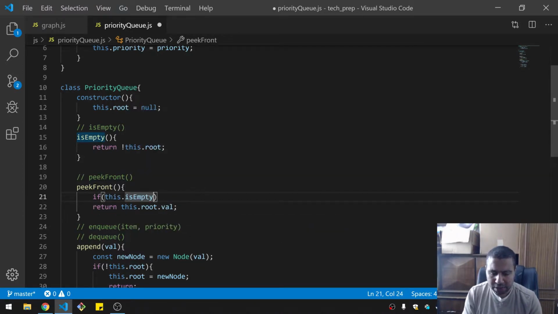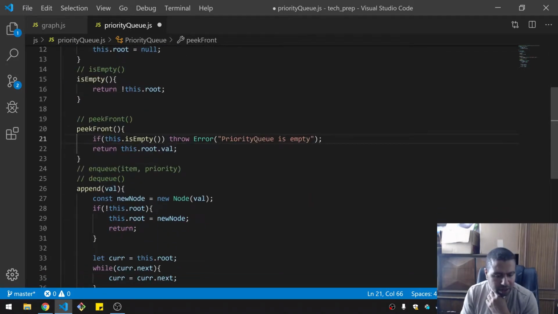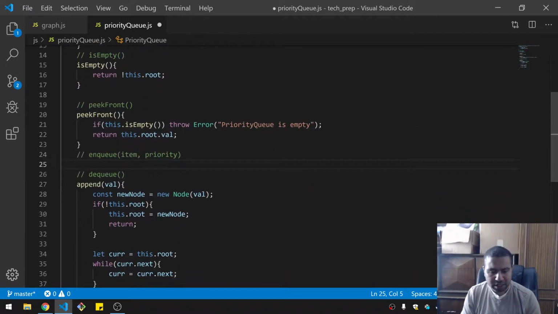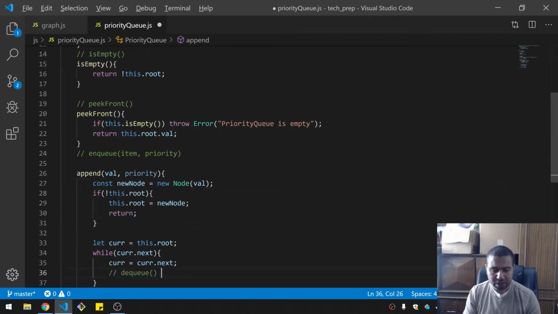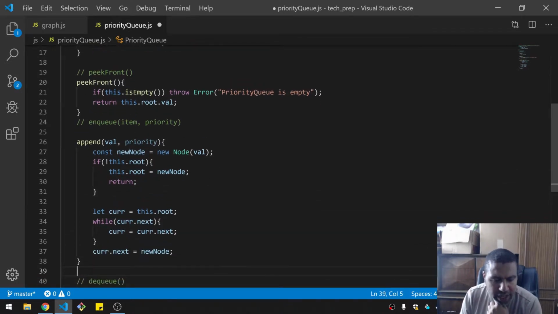If you're empty, then throw an error: priority queue is empty. All right. Enqueue, which I'm calling append. So it needs an item, a value, and a priority. Okay, so let me just toss this down here. All right, cool. So we add a